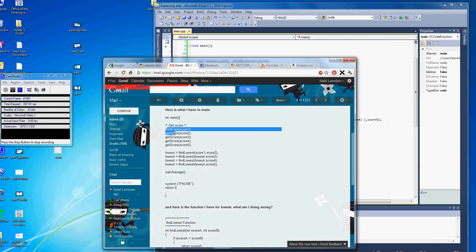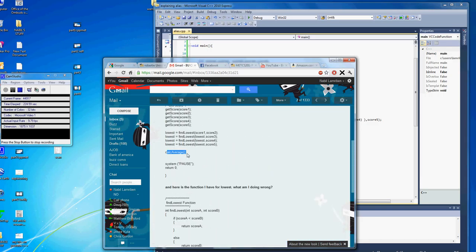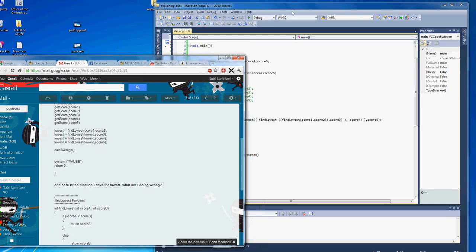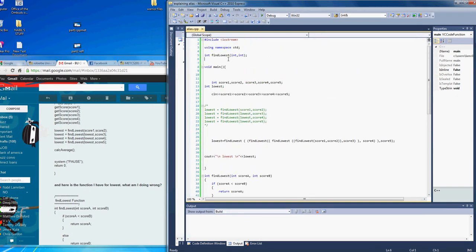So you have all this. Okay, so get score, fine. That just gets a score. But then right now you have 5 scores and a lowest. But then what does calc average do? I would think that something needs to be passed into calc average if it's supposed to calculate the average. I would do something like, okay, calc average is going to return an integer, right? It's going to return the average. Calc average,